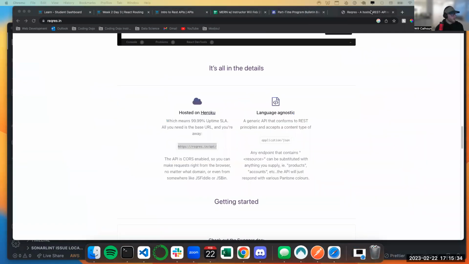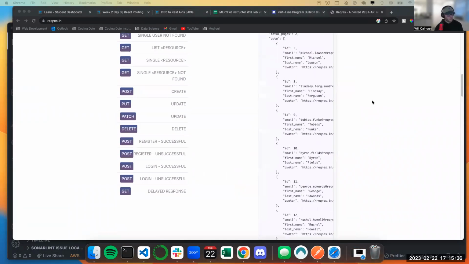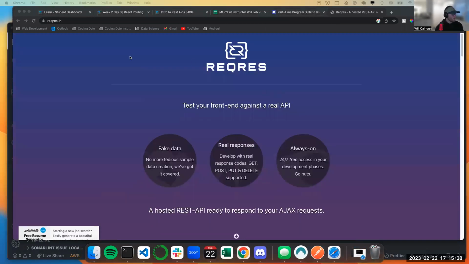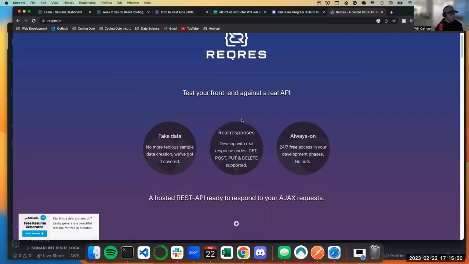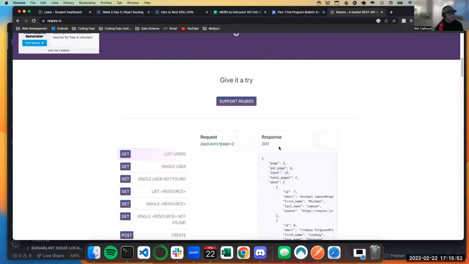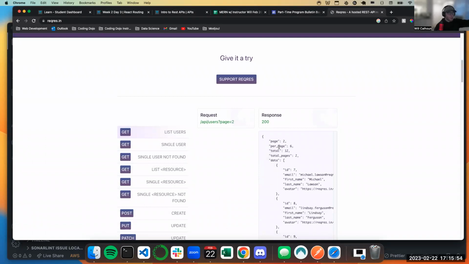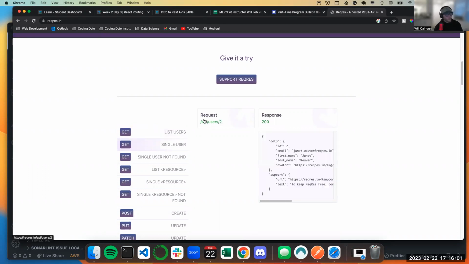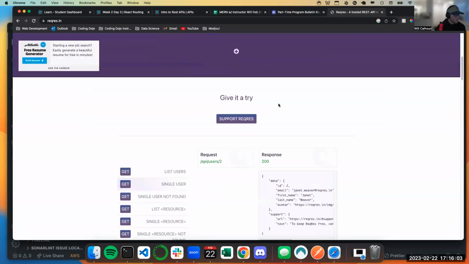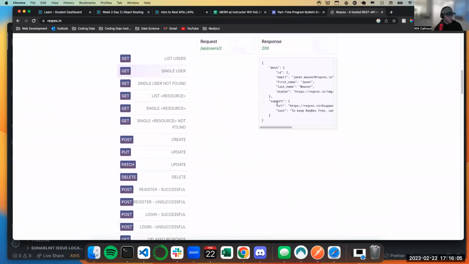So for example, here's an API that we're going to deal with. This is what we're going to use today. Cool. This is called ReqRes, and this is just a request-response idea. This is a front end real API that we can get some information from. This is RESTful, meaning that there is a blueprint of how we can ask for certain things. If we want to get a user, if we want to get a single user, let's talk about a few basic things with APIs.